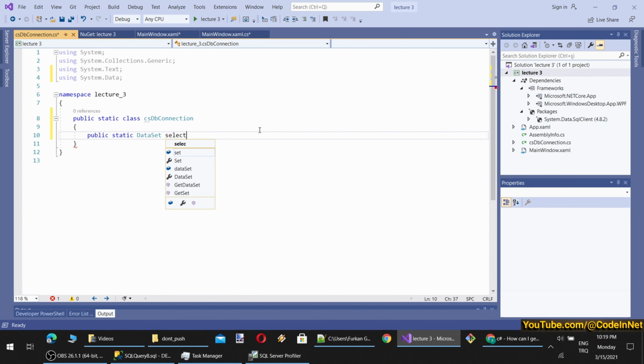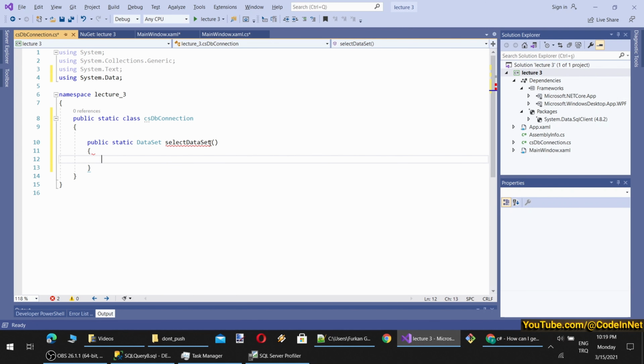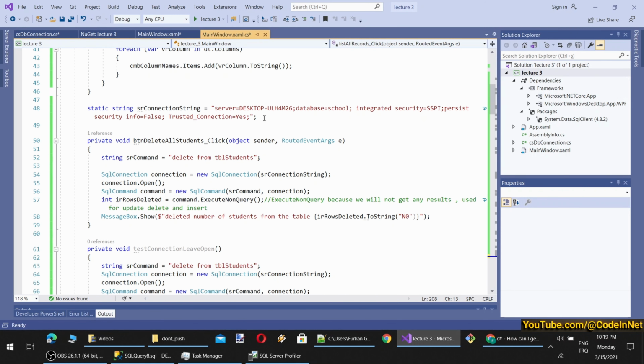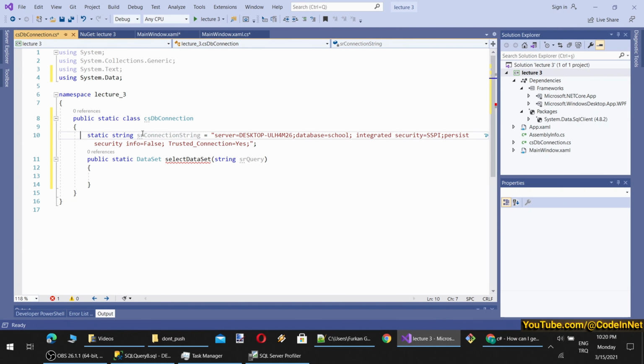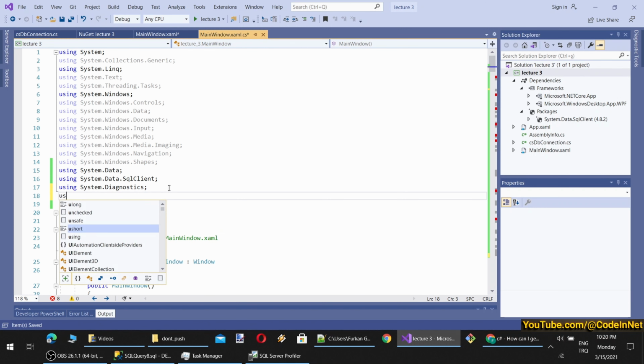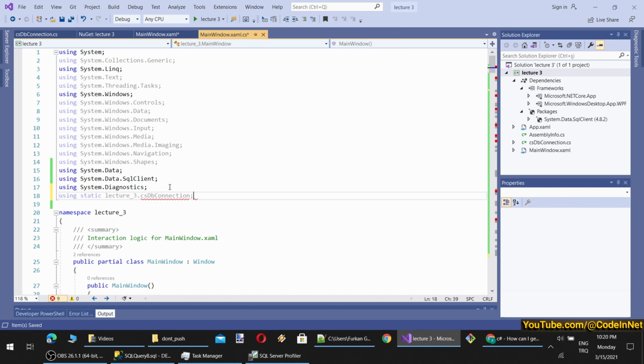Let's add a SelectDataSet method, and this will take a string as our query. This will use my connection string, so I'm going to move it here as a public static string, and now it will be broken here, and to be able to use it here I will add a reference: using static lecture 3 CSDB connection.